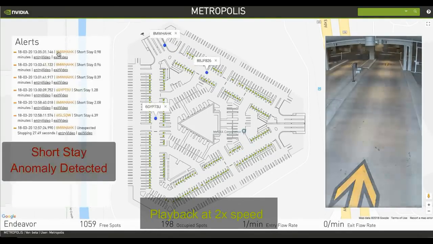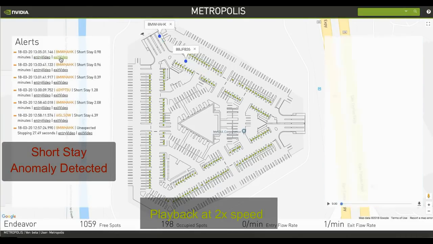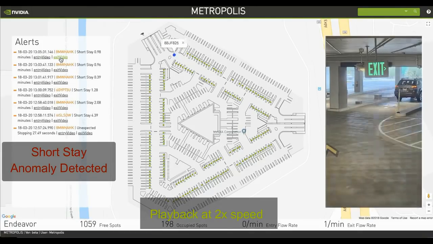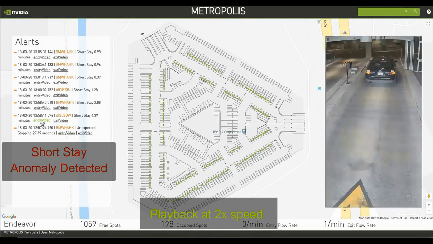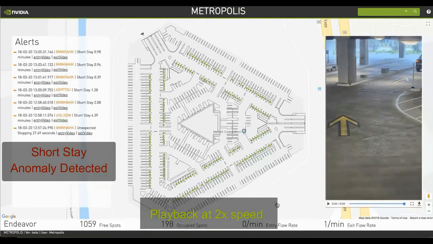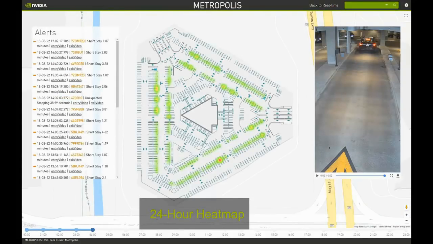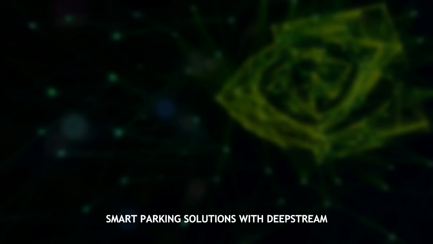These alerts can be as simple as whether there was a short stay in the parking space or anomalies that were a little more subtle, where there was some kind of unexpected stop where a car was idling in the middle of a thoroughfare in the middle of the parking garage. Now, these kinds of applications are extraordinarily varied. In this case, we now are combining real-time and batch analytics to make heat maps. But what's important is that you can use this as a reference to build any